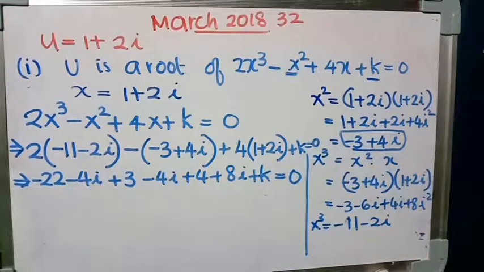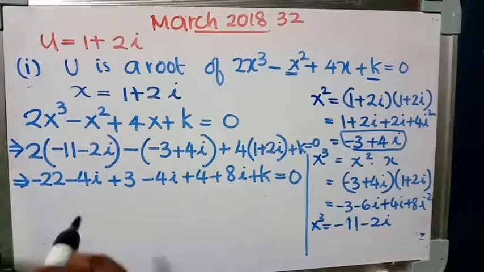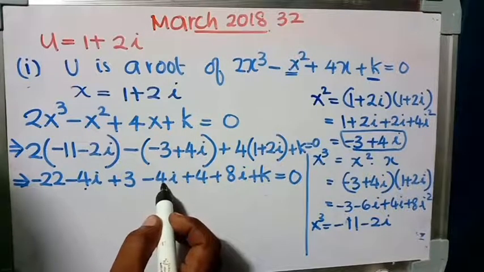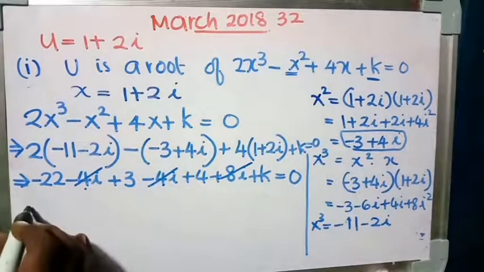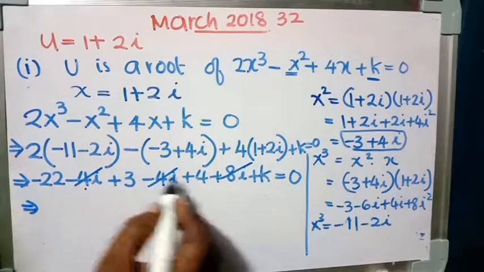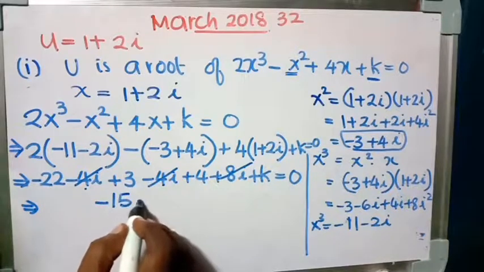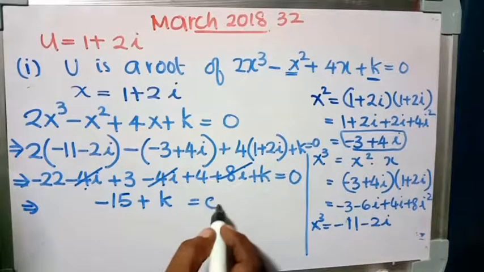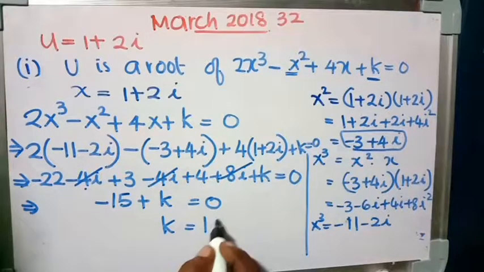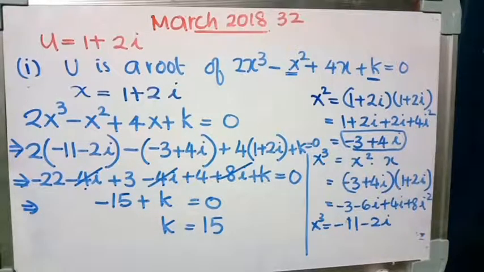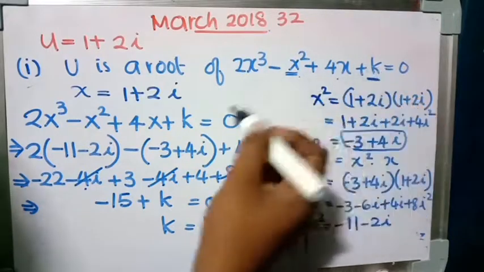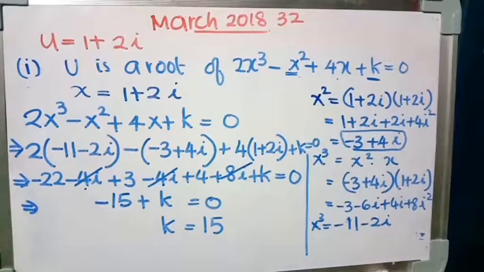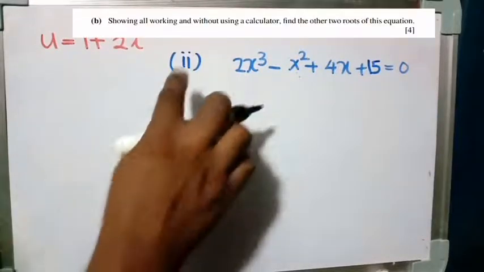Now here you could find minus 4i minus 4i is minus 8i, plus 8i will be 0. So remaining we get minus 22 plus 3 plus 4 is minus 15 plus k is equal to 0, or k is equal to 15. Therefore our equation becomes 2x cubed minus x squared plus 4x plus 15 is equal to 0 as the first part of the equation. And part B is